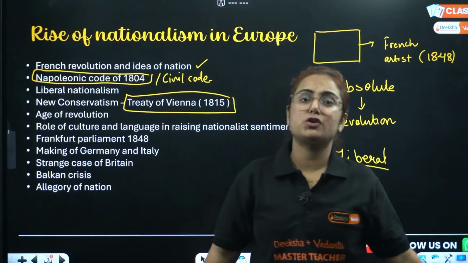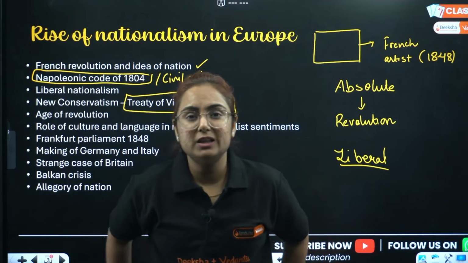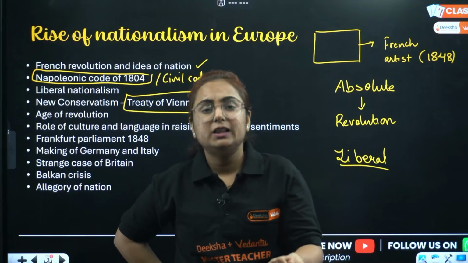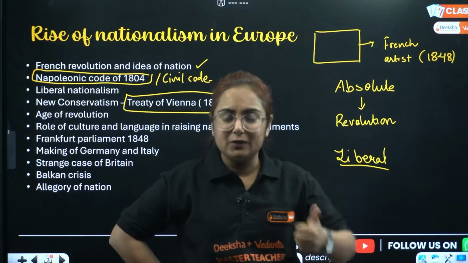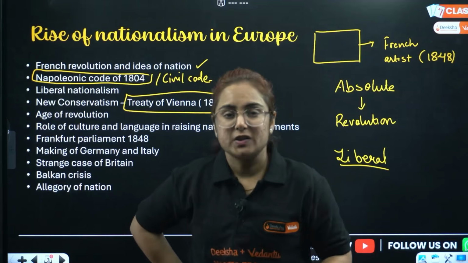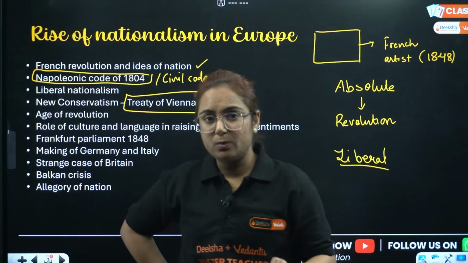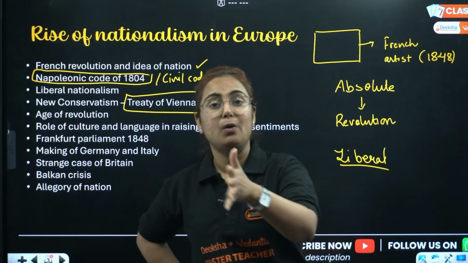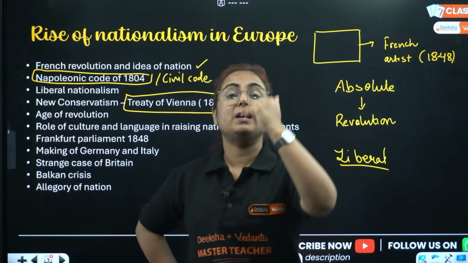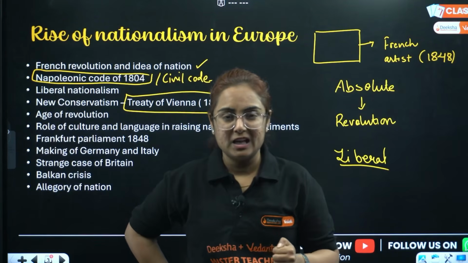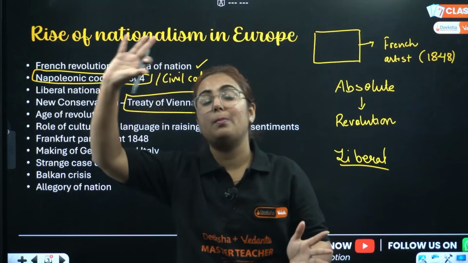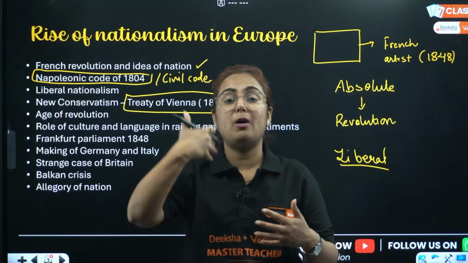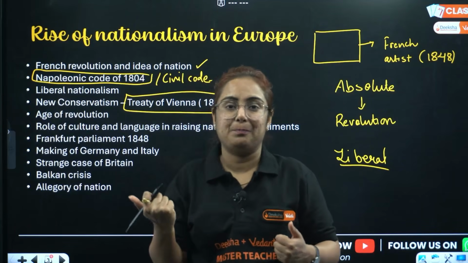What do they demand in social liberty? Equality among the citizens, isn't it? They want abolition of feudal privileges, abolition of serfdom. Everyone should be equal. Next, we talk about political freedom. They want that the government should be chosen by the people. There should be a representative parliament. And when we talk about economic freedom, there should be freedom of trade, and freedom of the movement of goods and capital.